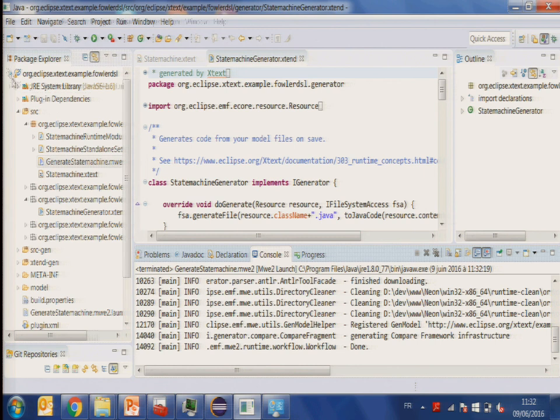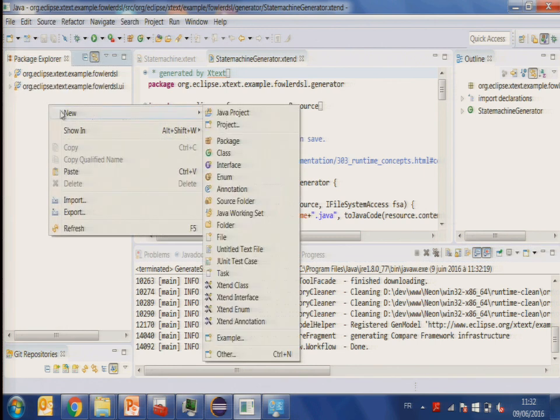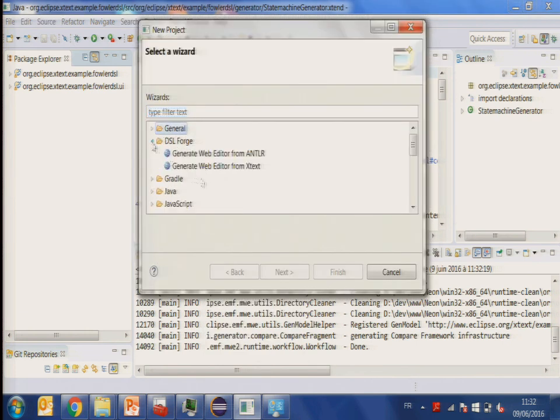All right. Now I will choose to generate a web editor from the specification.